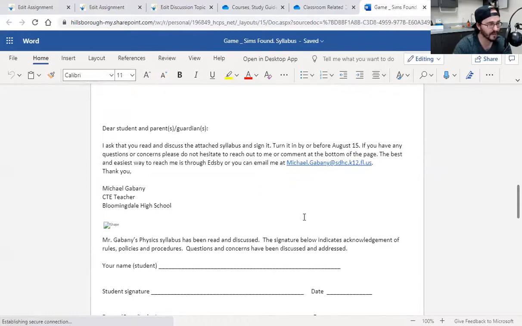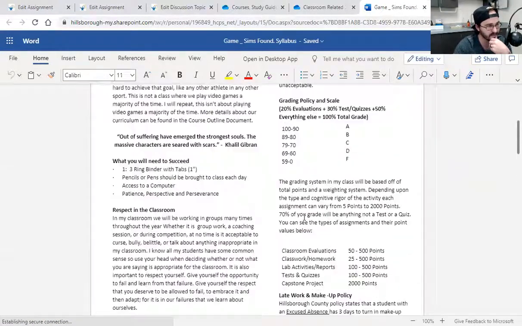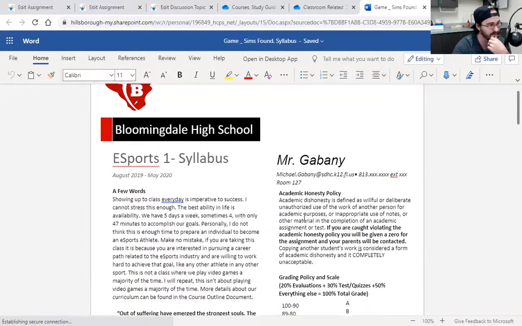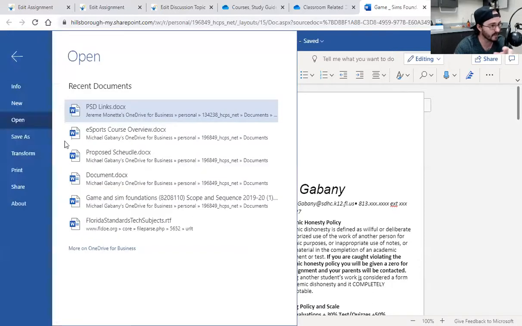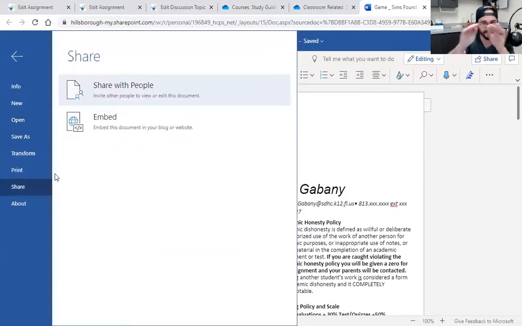So I will end up probably going back and re-editing my syllabus, which you could do right in OneDrive, which is great. And as you do it in OneDrive, it saves automatically. But I got it. I want to just go ahead and link it. Same as usual, go to file, go to share. Remember the brackets, remember the picture, embed.